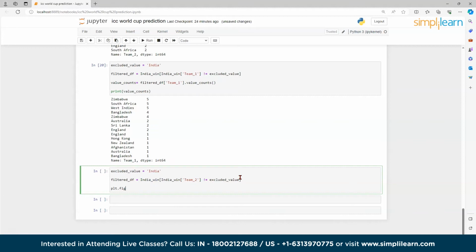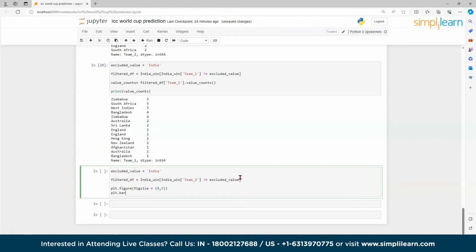So plt.figure(figsize=(8,5)), plt.bar(list(filtered_data.team_2.value_counts()[0:5].keys()), right, comma list of filtered